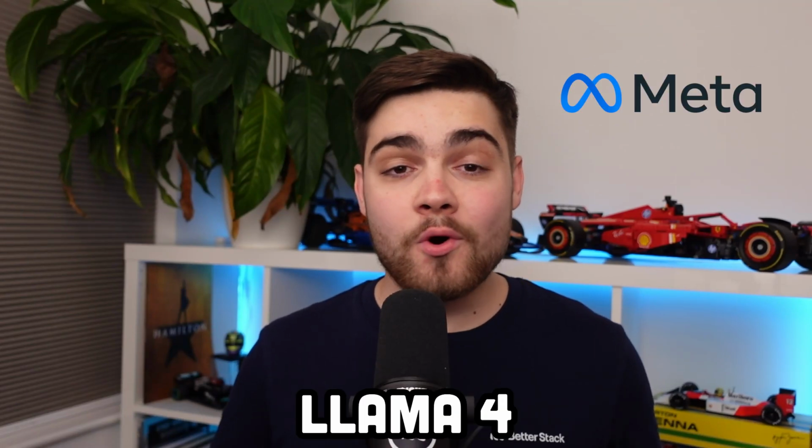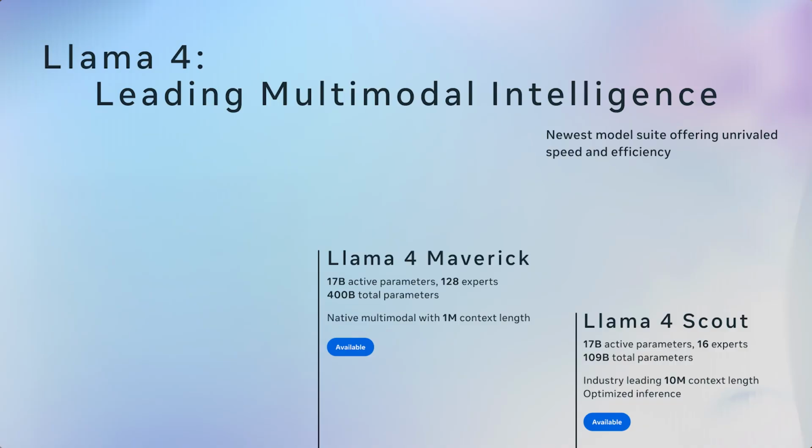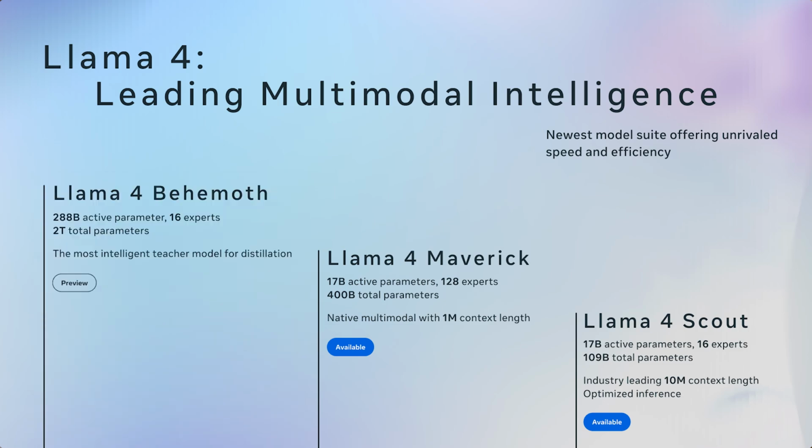Meta just released Llama 4 and its headline is its 10 million token context window. They released 2 open models and announced a third. There's Llama 4 Scout and Llama 4 Maverick. These are the first open-weight natively multimodal models with that unprecedented context length, and then they are previewing Llama 4